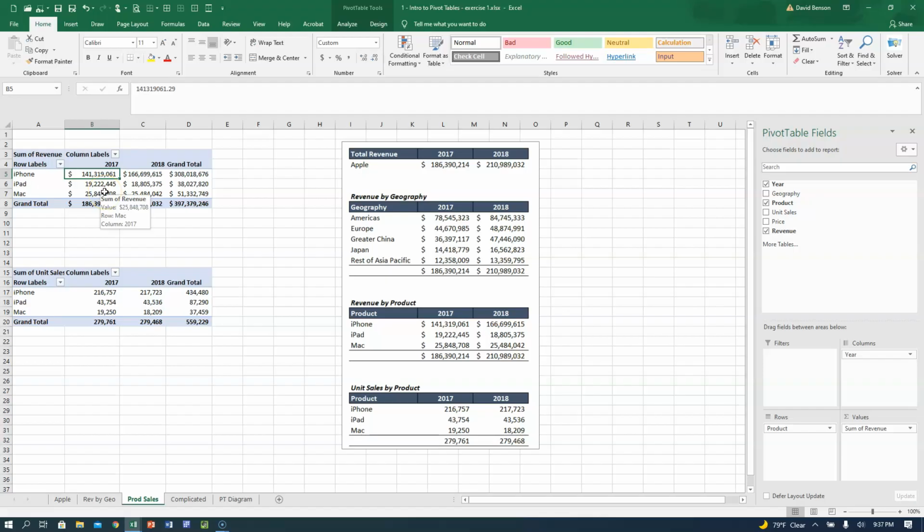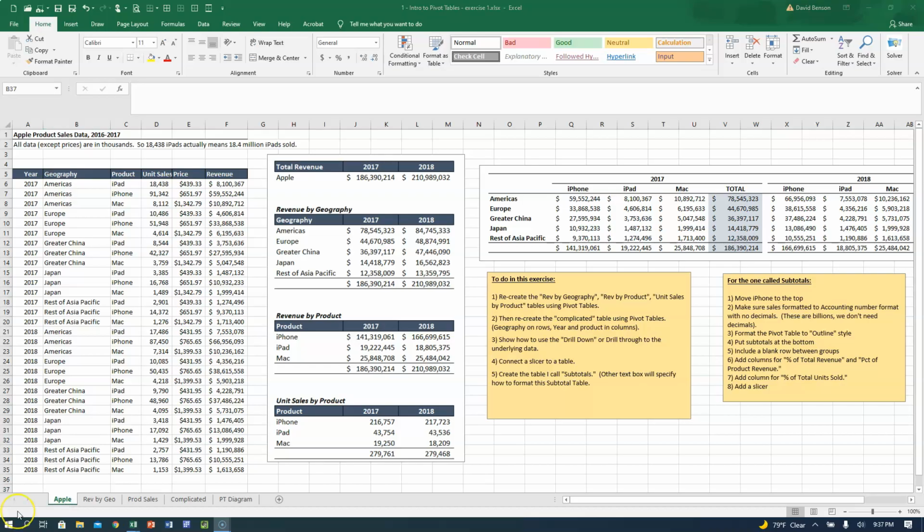Okay, but that's just a limitation. So sometimes people are like, hey, normally if I do a formula and change it in Excel, it updates instantly, and a pivot table does not do that. Okay, so now I want to show you number 3 here, which is this drill down